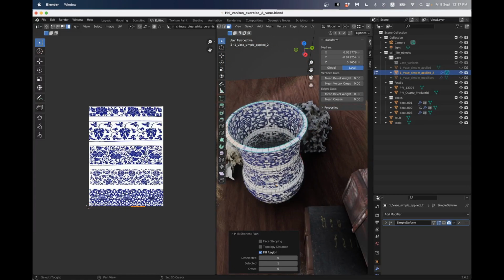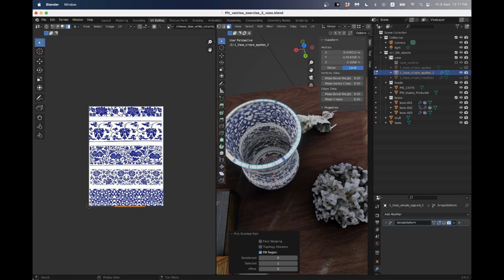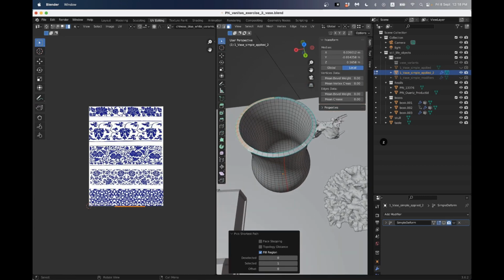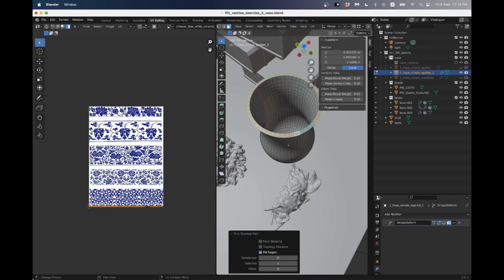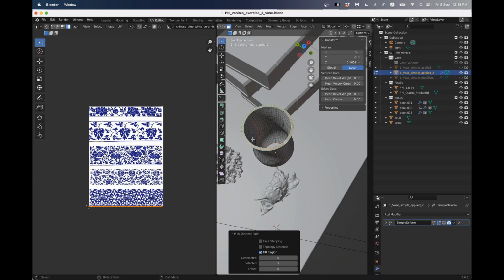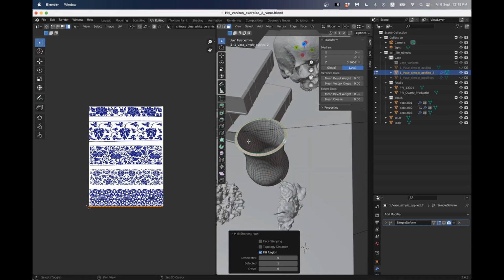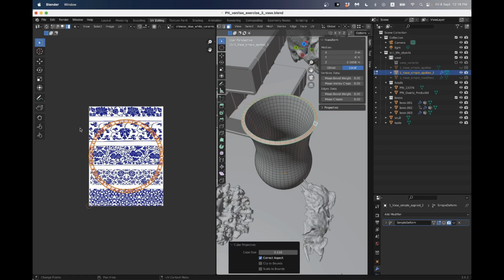I'm just pressing Shift and Command to select all the faces in between. I'll go on to just solid mode so you can see what I'm doing a bit more. And you can see that these UVs haven't really been projected at all. They're sort of just this little nothing thing here. So what I could do is I could just unwrap these using a cube projection, and we'll just get a